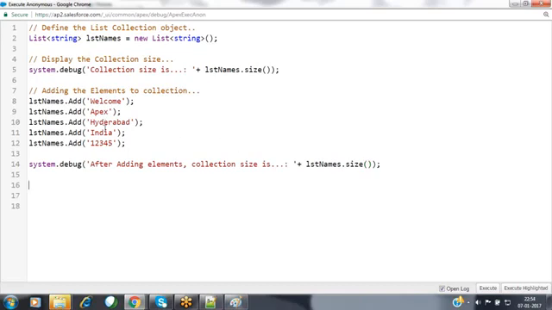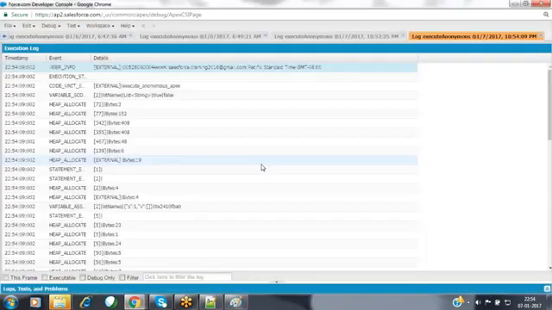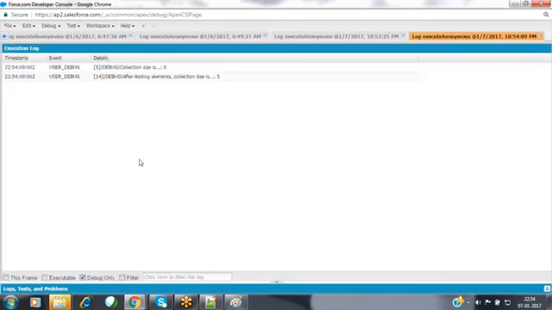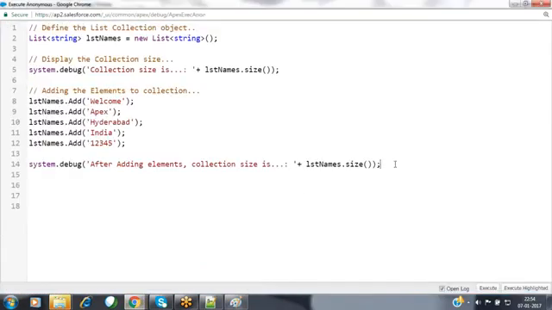Now click on execute. The request has been sent to the server. It has loaded the debug log file. Select the debug only checkbox. Initially the collection size is 0. After adding elements, the collection size is 5. We have added 5 elements to the collection, so it is displaying the collection size as 5.